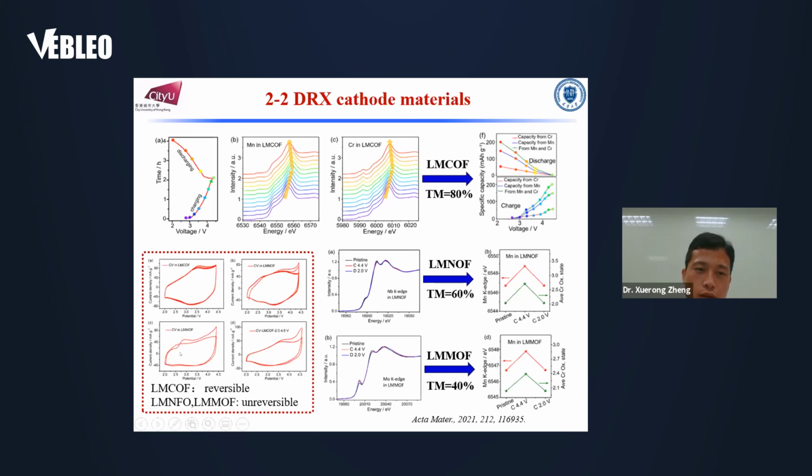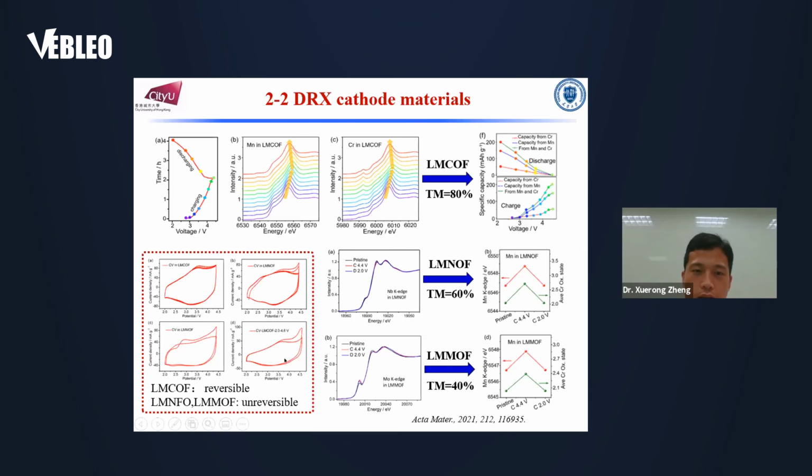And then this peak is contributed by the oxygen redox, and it is irreversible. But in the LMCOF, it is reversible very well. It means that for these two counterparts, the oxygen redox is not reversible, and it may have a bad release, and then cause the transition metal dissolution and also the surface